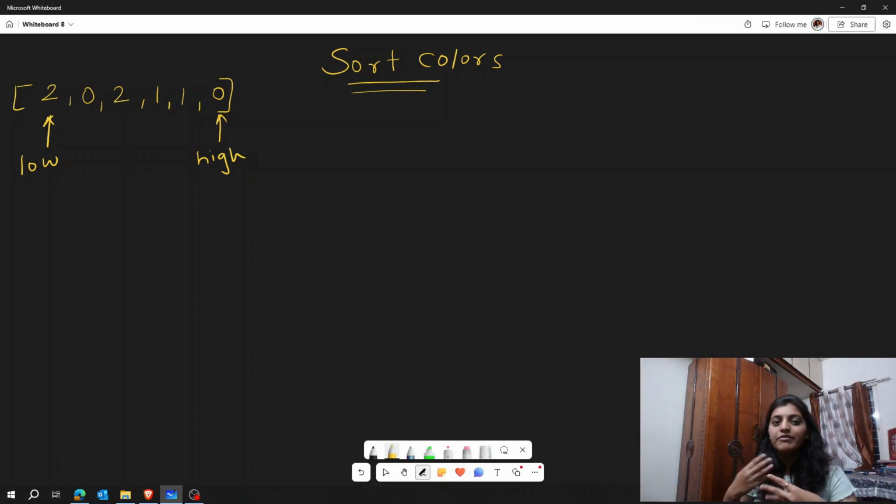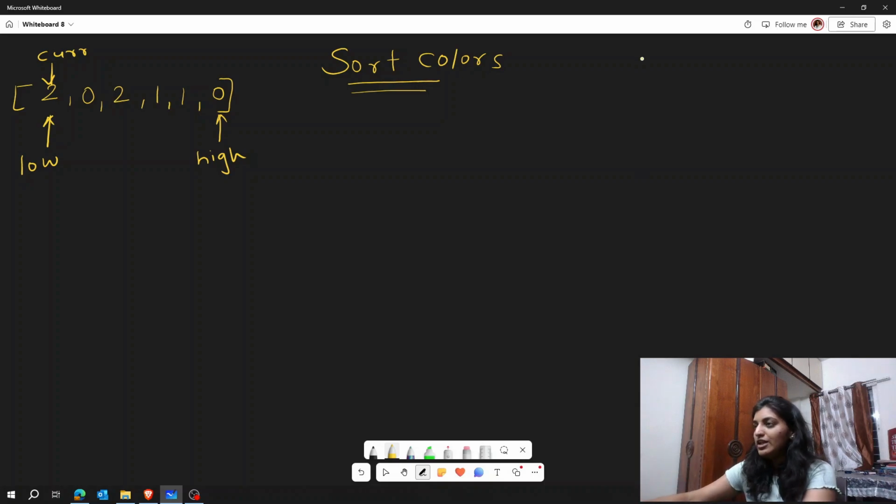Let's see how we will use the third pointer. The third pointer will always be pointing to the current element, so we are going to use a current pointer. Let's say the current pointer points at the start of the array, that is our first element. It will point to the current element which we are solving.